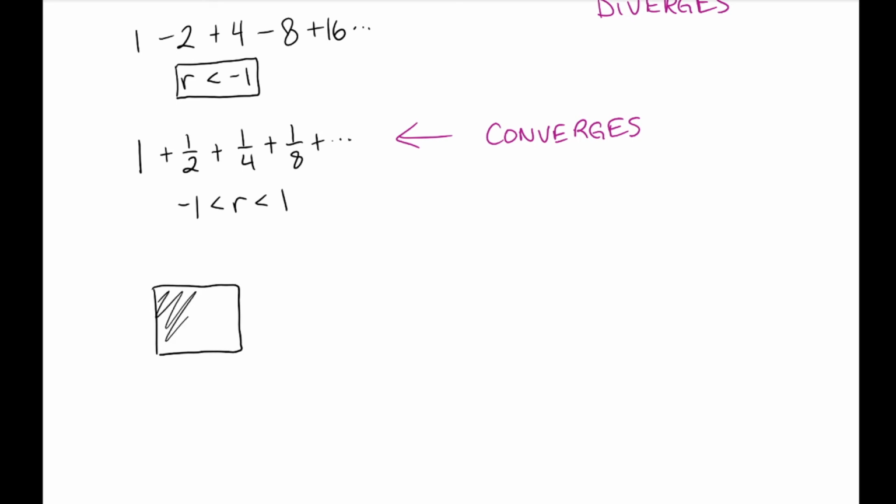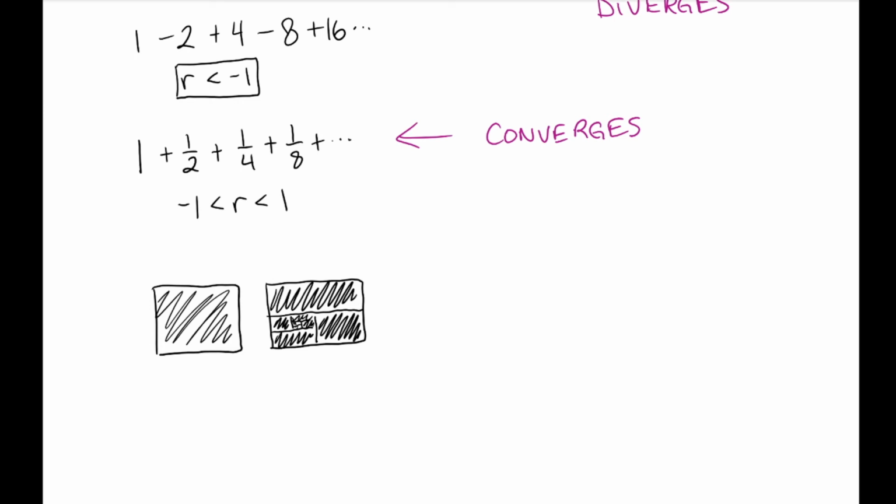And so we're saying we're starting off with a full shape of that size. And then we're going to add in half of that shape on the next term. And then a quarter of that shape on the term after that. And then an eighth, which is half of this remaining piece. And then a 16th, which would be half of what's left. And 1/32nd and 1/64th. And if I keep splitting these pieces in half and adding them into the mix, what